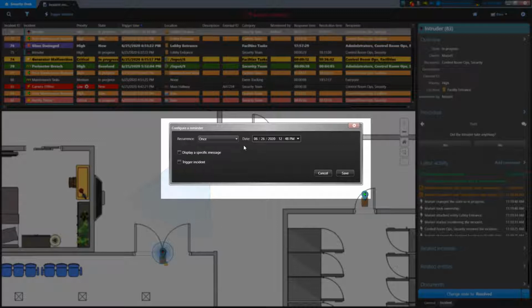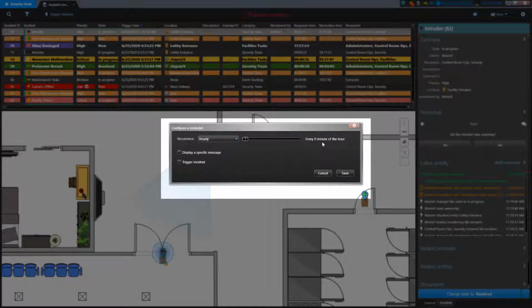The first thing to set is the recurrence, or when you would like the reminder to activate. Once will have the alarm go off one time at the date and time specified. The reminder will stay in case you want to modify it and set a new one-time reminder. Every minute does exactly that, activates every time the clock changes to a new minute at 0 seconds. There is no date or time to select, it starts looking at the time as soon as you hit save.